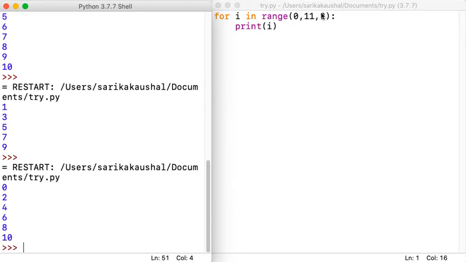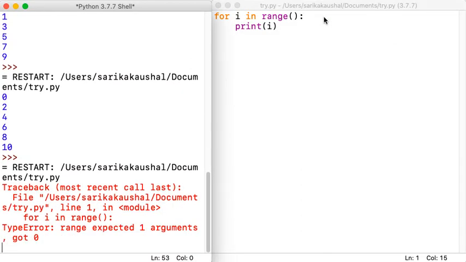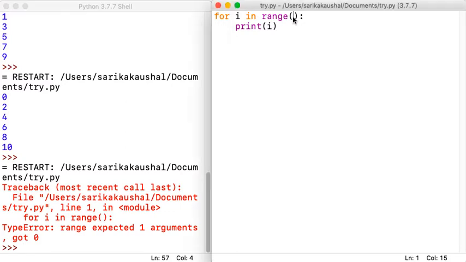Now first of all, we'll try a certain experiment with this one. Suppose I am not writing anything, will my program execute? You are supposed to remember that there is one value which is definitely compulsory, and that is called the end value. So if you're not giving a value, you are going to see an error. Now let's see, what if I'm just giving one value? Just remember, when you're only providing one value, that value is always taken as the end value.